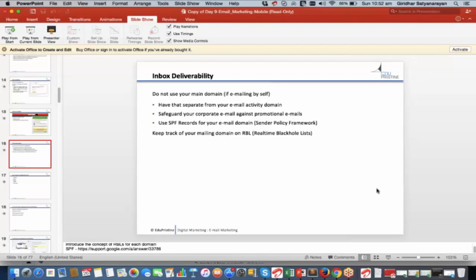Let me just type and send it to you. I'm not able to copy this. Yeah, I just sent you the link so that you'll have more information on SPF records.